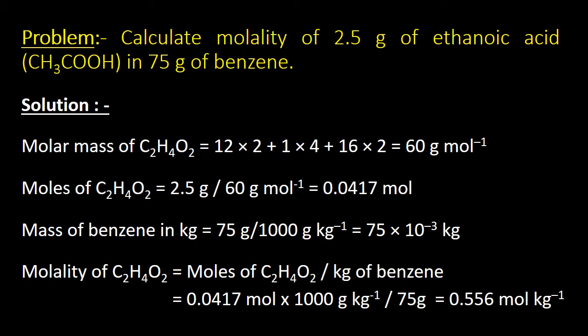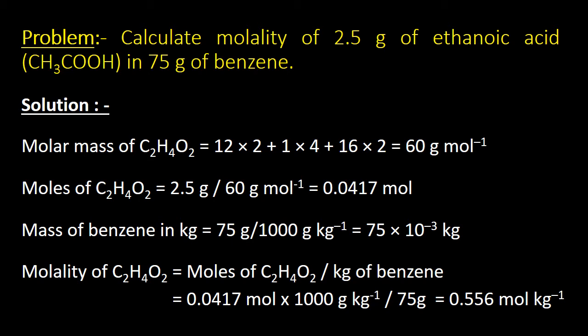Okay, problem on molality. Calculate the molality of 2.5 gram of ethanoic acid in 75 gram of benzene. First we need to calculate the molar mass of ethanoic acid by using the molecular formula, that will be 60 gram per mole, and the number of moles of ethanoic acid can be calculated as mass by molar mass. Mass of ethanoic acid is 2.5 gram and molar mass of ethanoic acid is 60 gram per mole, that will become